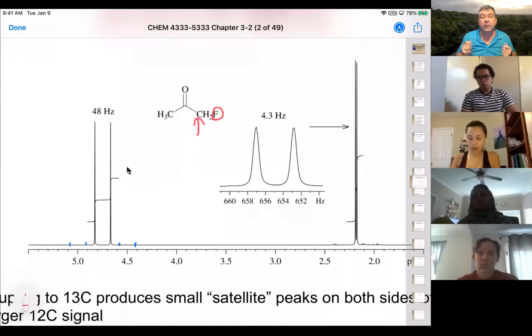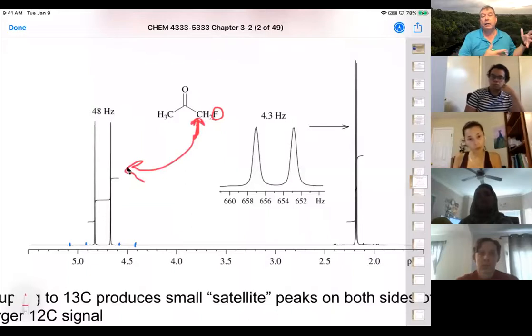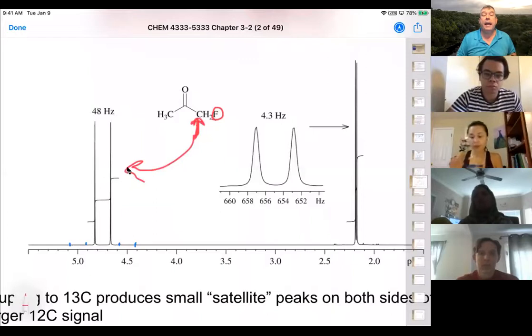However, the coupling constant on this 2-bond system is actually quite high. They can be as high as like 75 hertz. And so what we see here is on the carbon that has that fluorine and the carbonyl, we actually see it shifted, number one, way high for having 2 electron withdrawing groups on it, de-shielding it. And the coupling constant is 48 hertz, which is about 4 or 5 times higher than we would normally see